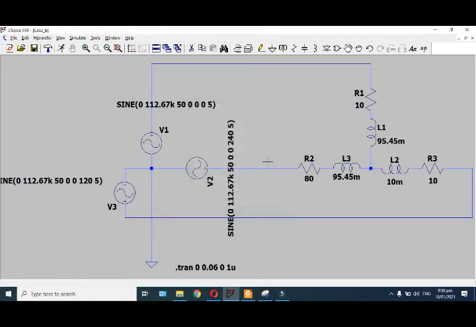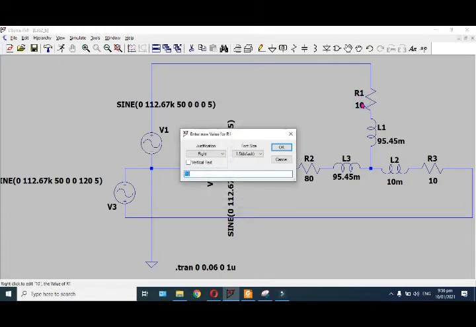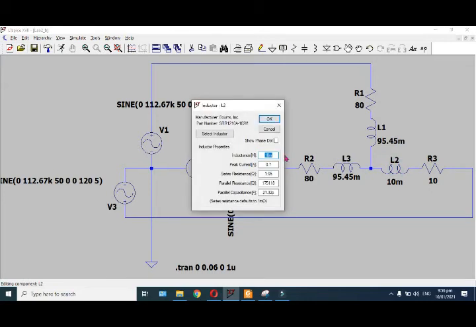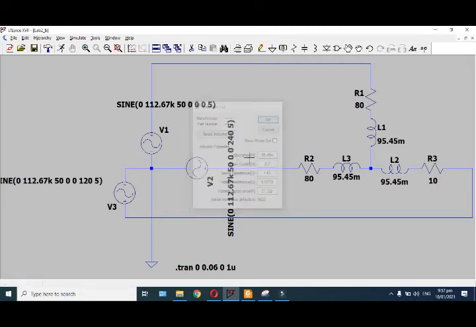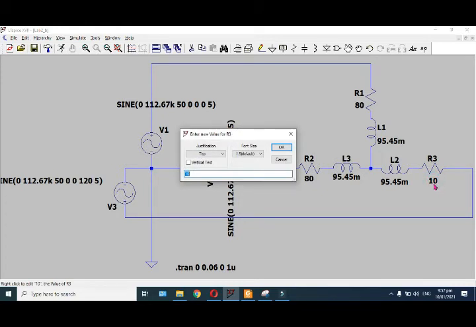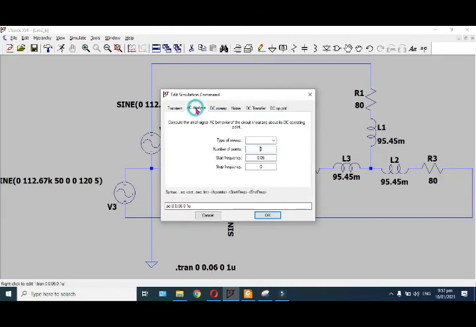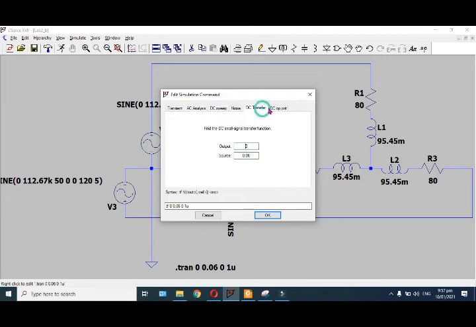Now click on the resistance, right click, and type 80 ohm. Similarly for the third phase, type 80 ohm and 95 millihenry. So here we have inserted all three loads as per the block diagram.